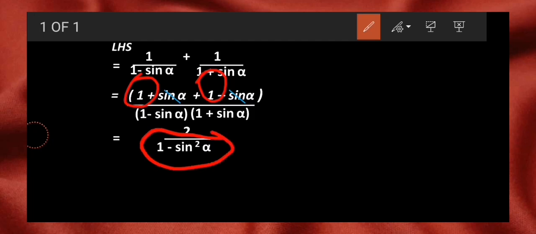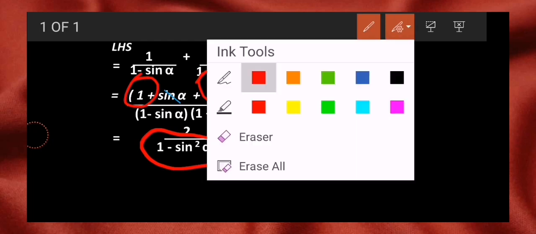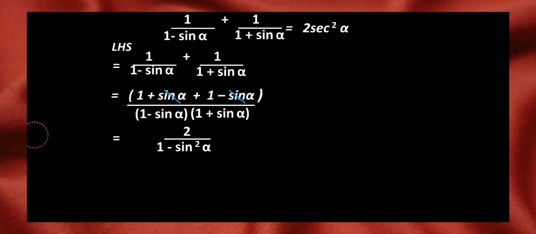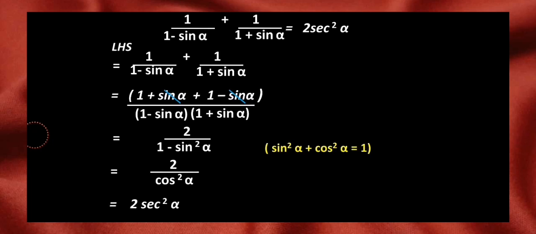At the bottom, I mean to say in the denominator, we have turned the identity. 1 minus sin square alpha will give you the answer cos square alpha, and if you write it, you have almost done the sum. The way we wrote over here, 2 upon cos square alpha, this 1 upon cos alpha is nothing but sec alpha, right? So 1 upon cos square alpha can be turned into sec square alpha, as we know they are inverses of each other, and that is what we needed to prove, and that is equal to our RHS.